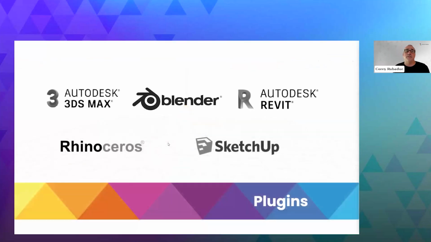We also have plugins and exporters that we make for Fovea. 3ds Max, Blender, and Revit are the three that are out in the world right now, production-wise. We're working on Rhino and SketchUp plugins as well. And this is just simple use cases for this, where firms might have 3ds Max models, model libraries, that they might want to consider democratizing for the Revit users, for instance. Our 3ds Max plugin is a great use case for this, where